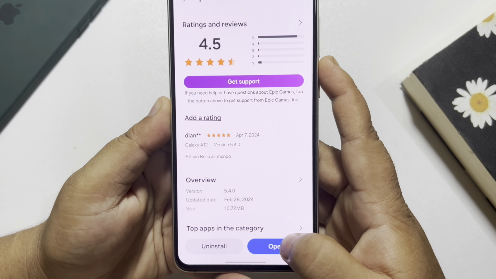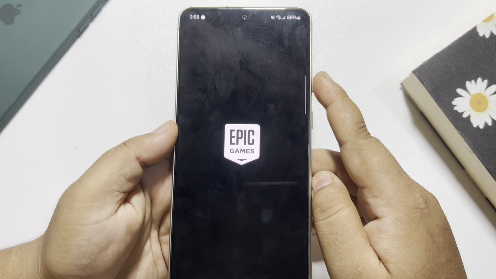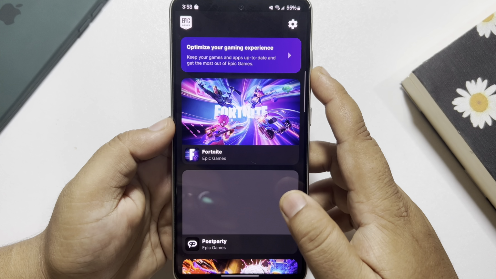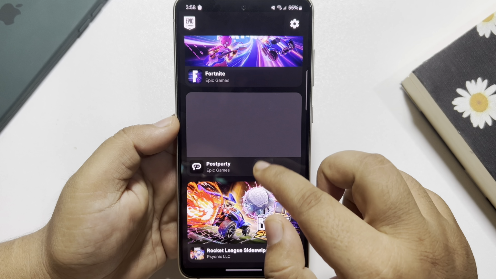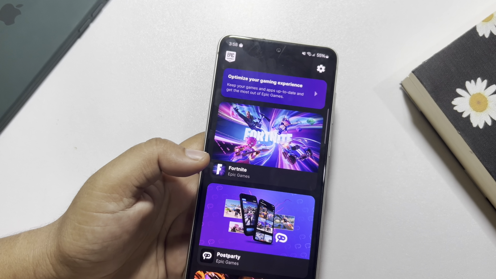Now I'm going to open it, and here you will find the Fortnite game, and here we can see Rocket League, and install Epic Games Launcher on